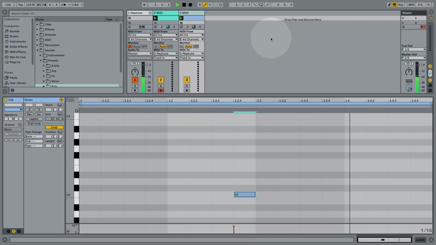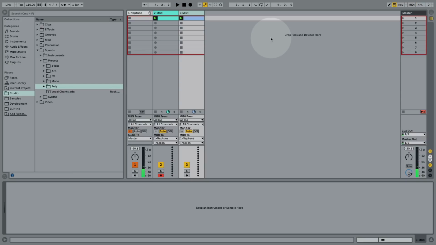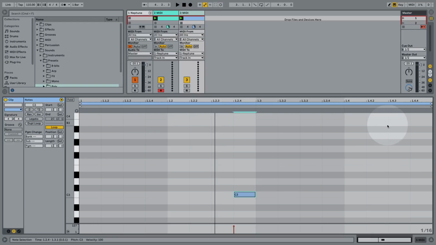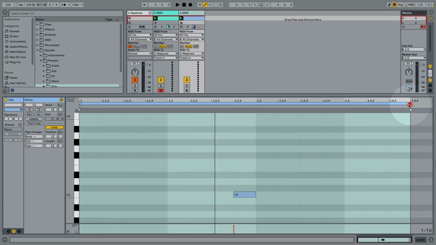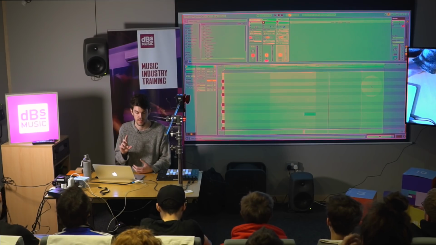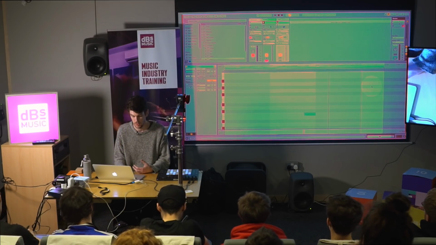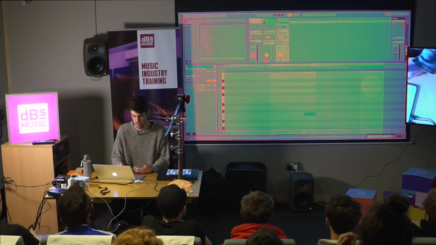Again, this is not particularly interesting, but what I can start to do is go into the second clip. By default, my clip is going to be a bar long, and at the moment both of these clips are a bar long, so they're looping in sync with one another. But if I take the second clip, I can make it 3.5 beats long. Now it's going to be out of sync with that first one-bar loop. So if we listen to what's going to start happening,